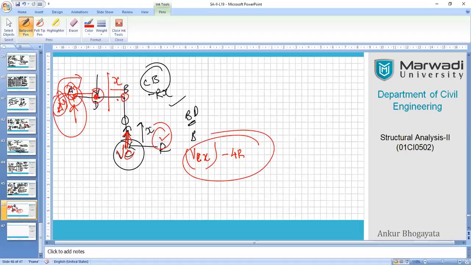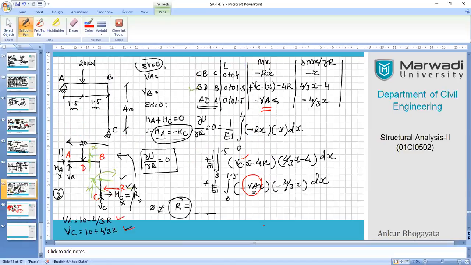So R is out of question, I cannot take moment of that, but VA is definitely there. So what I can do simply is I can take moment of VA here into X, somewhere I have changed my origin here. So my equation for that segment becomes as simple as that. Otherwise, if you want to continue in this sequence, nobody will say no, or you will not be incorrect. But the point is, when you are doing it, your equation becomes a little large.